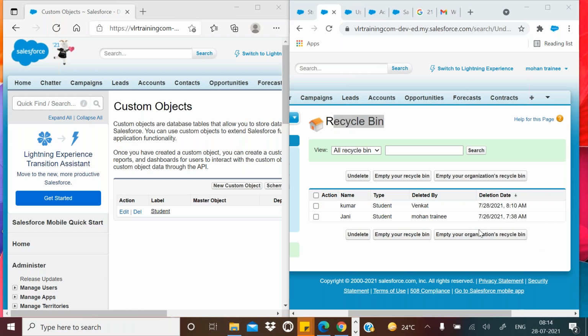What will happen if both are modifying the field at the same time? Whoever modified first, that will be updated, and whoever modified next, that will also be updated. The latest one will always be taken. So for your question, whoever last modified, that will be reflected. That's it. Next.